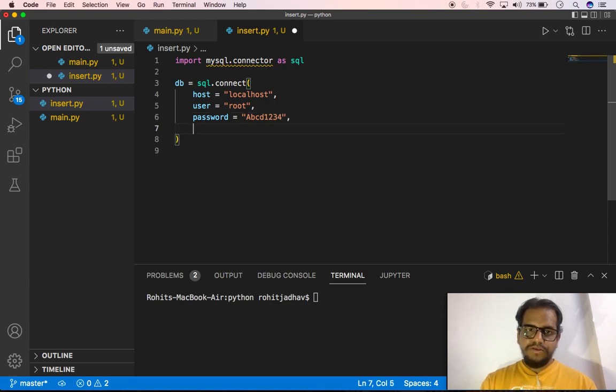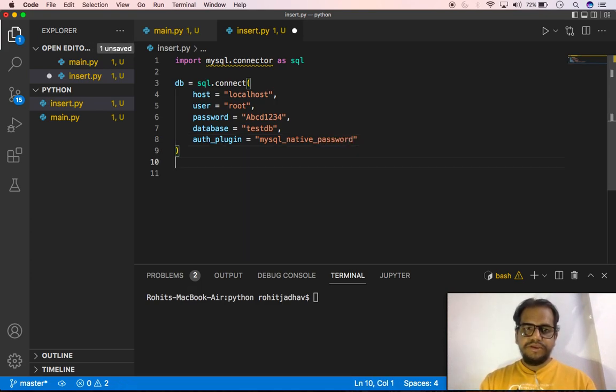This is my password, and we can give here the database, test db, we are using, and similarly auth plugin is equal to mysql native password. And we can give here c is equal to db dot cursor,